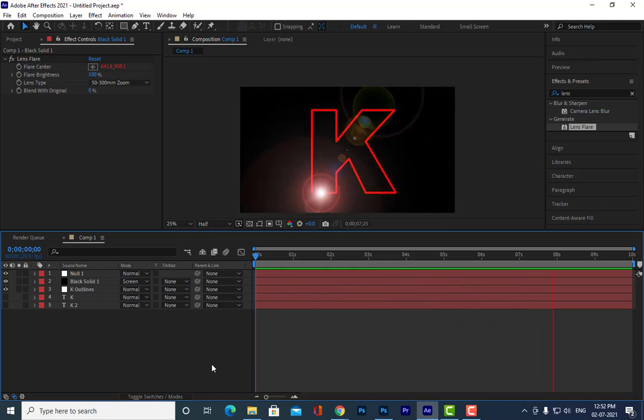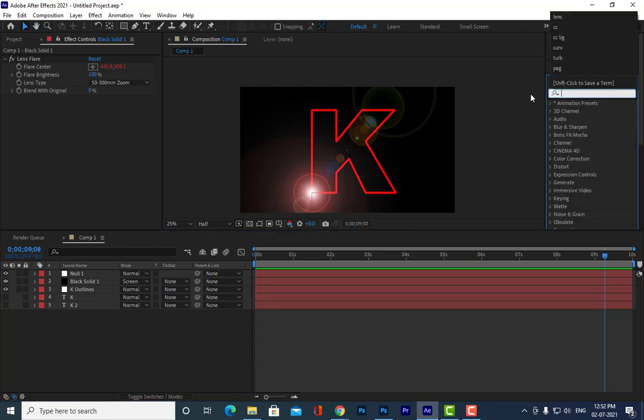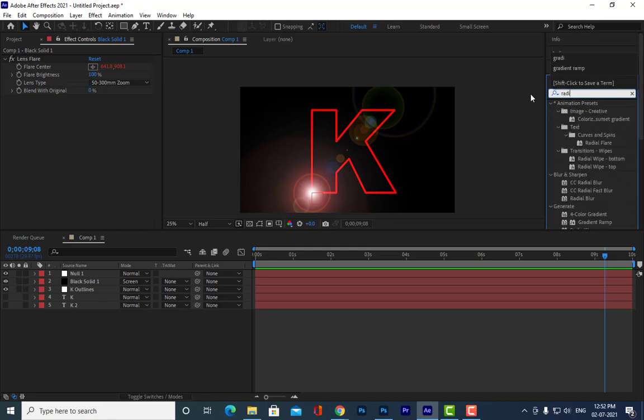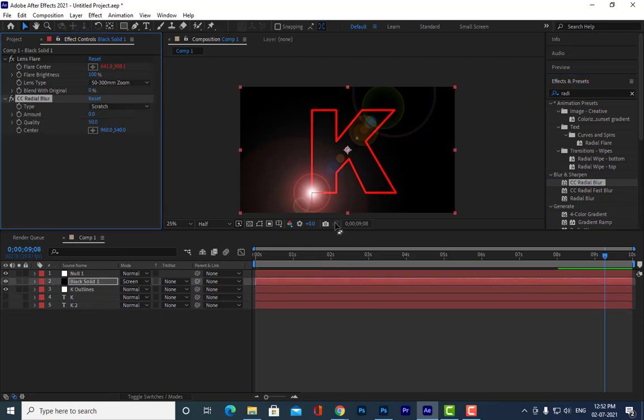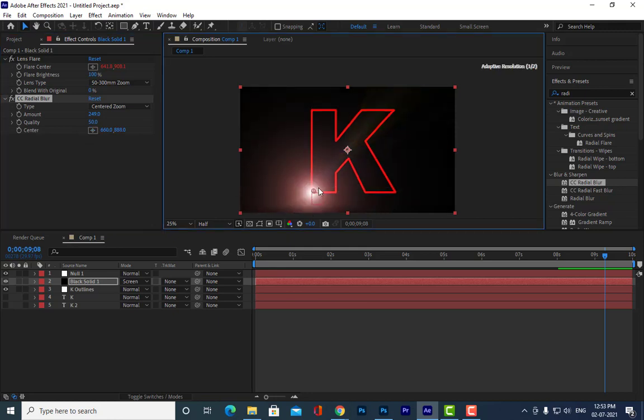But let us apply this radial blur to this. This time radial blur, I will apply it to the flare, and then let me give it a centered zoom. See here, can you see this? We can keep it here.